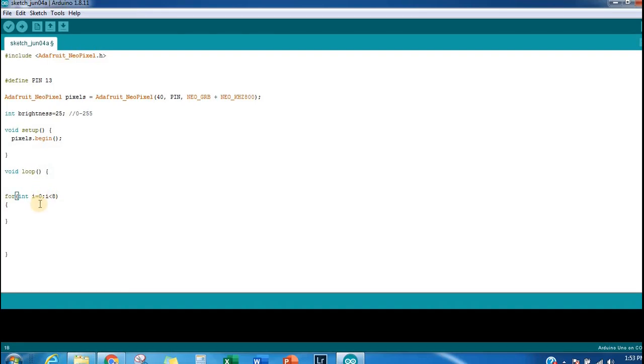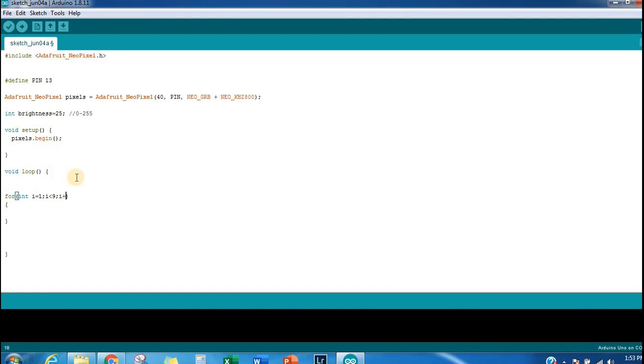That means altogether there will be 8. You can put 1 here, but if you put 1, then you have to put it as equals, or else you have to put it as 9, right?